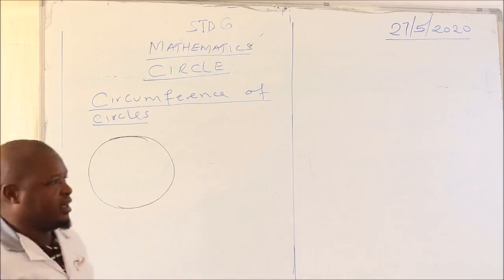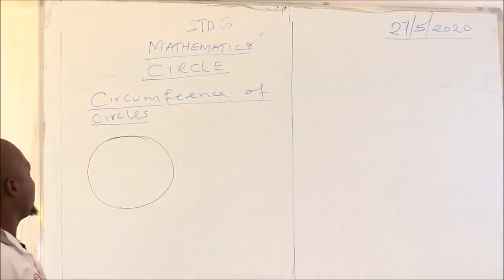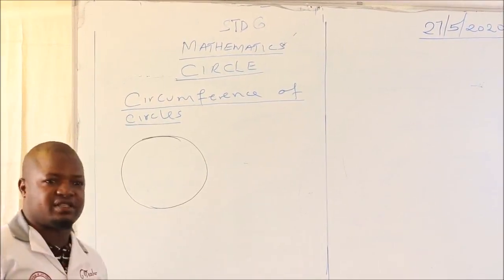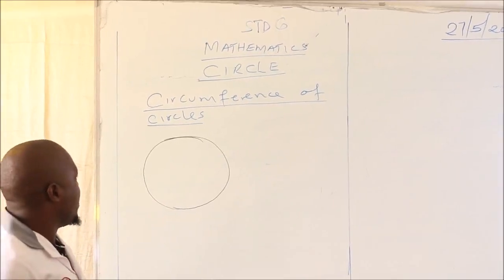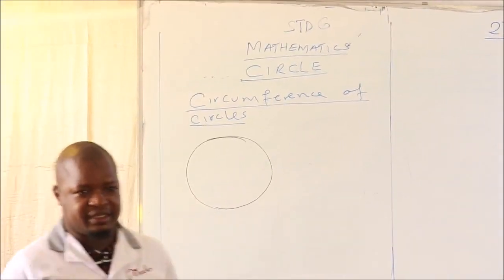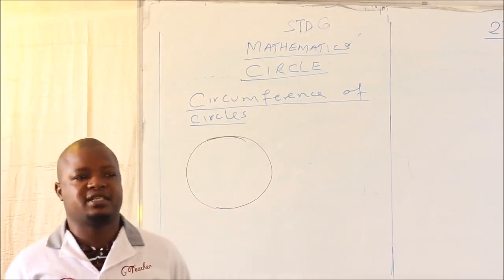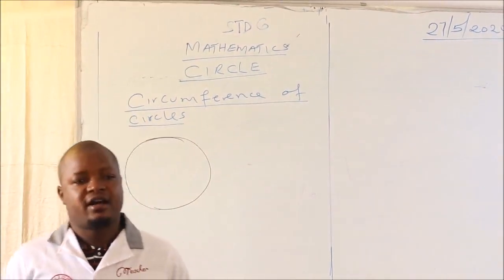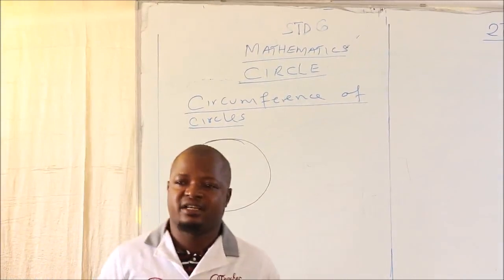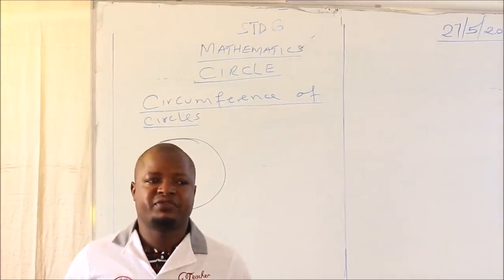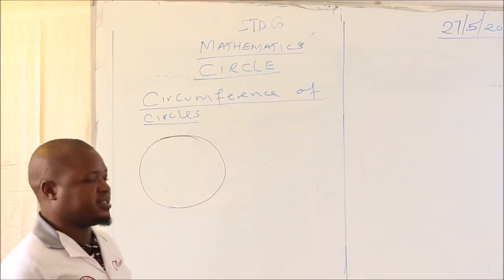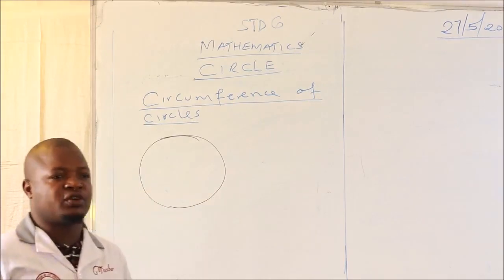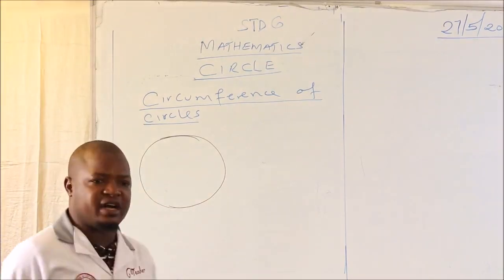We are going to have a lesson of another new topic called circle. Actually, the specific competence we are going to look at is the circumference of the circle. Just to remind you, in the last lesson we were discussing integers, and we tackled all the concepts that involve integers. I told you that integers are very important and will help you in answering questions from different topics. So for now, we are starting a new topic known as the circle, and we are going to look at the specific competence called circumference of a circle.